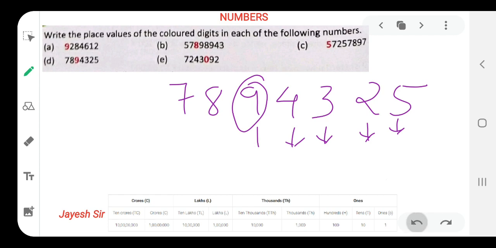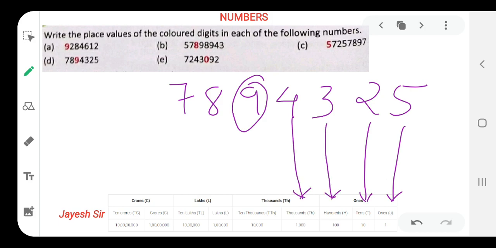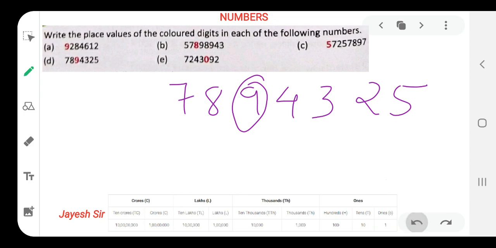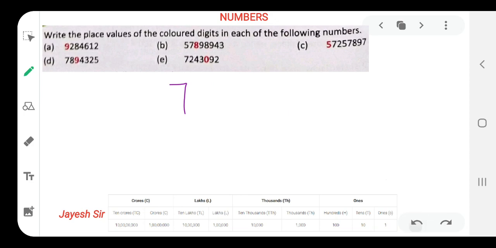Now we can do it by either of the methods, friends. So let us make our arrow larger so both the methods can be done at the same time. This is ones, this is tens, this is hundreds, this is thousands, and this is 10,000. Yes, friends, and this is lakh, and this is 10 lakh. So the place value for 9 is 10,000. I hope you all are getting it, and that's very easy. So let's begin with our fifth sum. We need to find the place value of 0 in that sum. So let's begin with that only.